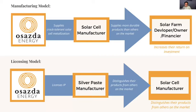So with that in mind, currently we're following two business models. One is going full manufacturing, that is creating a silver paste where these carbon nanotubes are embedded, and we're going to sell this product to solar cell manufacturers who will subsequently supply the modules to solar farm owners. And the second model is a licensing model where we will license our intellectual property to silver paste manufacturers,